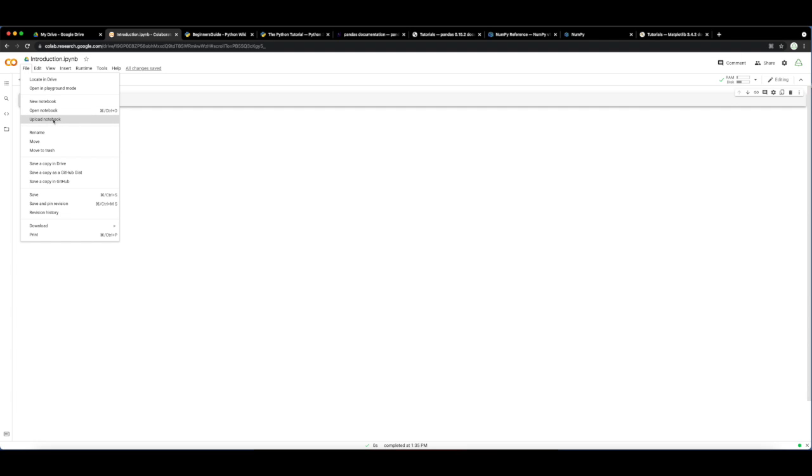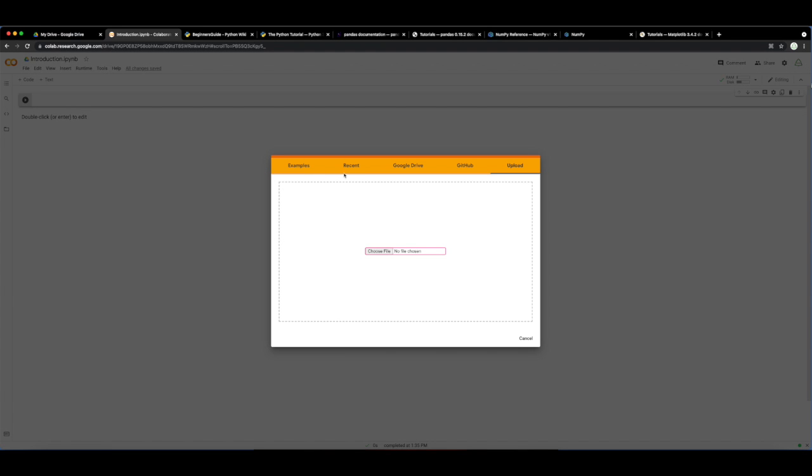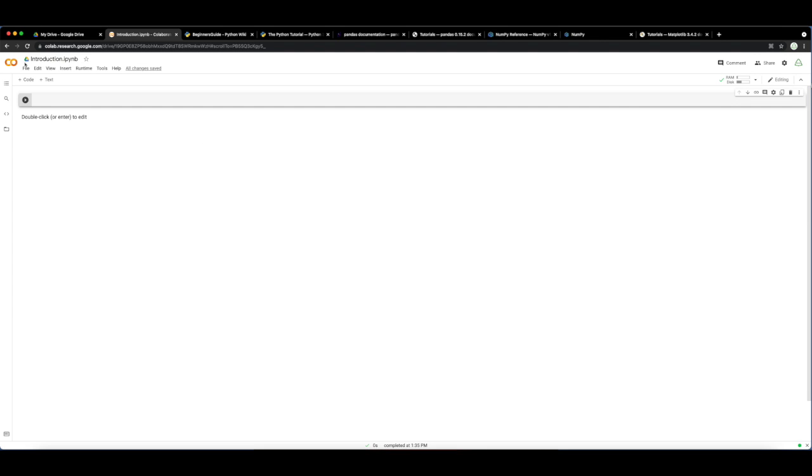This is Upload Notebook. You can use a notebook from GitHub, from another drive, from recent files, from examples, or from your PC itself. There are options for these also. And in the Edit menu, this is just like selecting, cut, copy, paste. This is just simple. And the main important thing you want to know is these two cells,